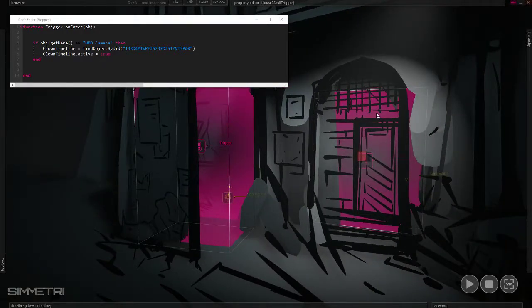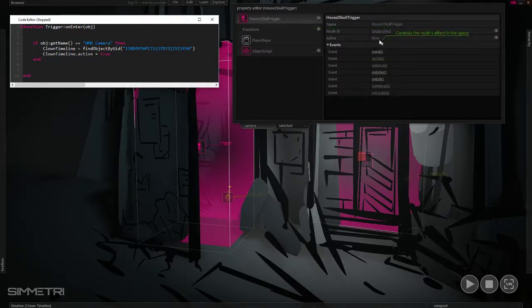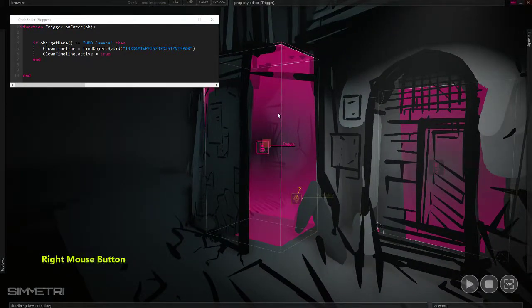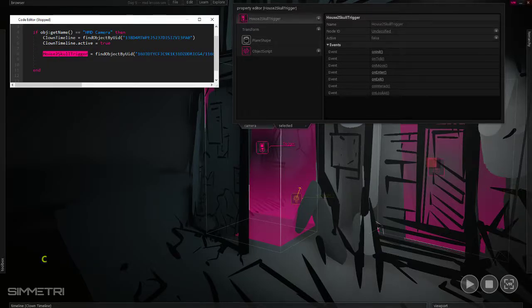So when it's inactive, it's no longer sensing. See, it's inactive, so it's not sensing if anyone goes through it. This one is sensing, and when we edit its code, if the HMD camera comes through, we're going to set the clown timeline to active, and let's do one more thing. Let's go and get our house to skull trigger. Let's grab that trigger and bring it into our script right here in the if statement, right after we set the clown timeline active. And let's just copy this and paste it down here, and then we're going to say dot active